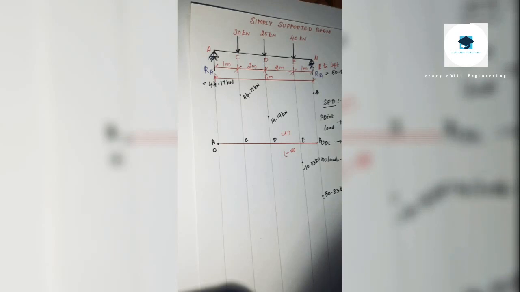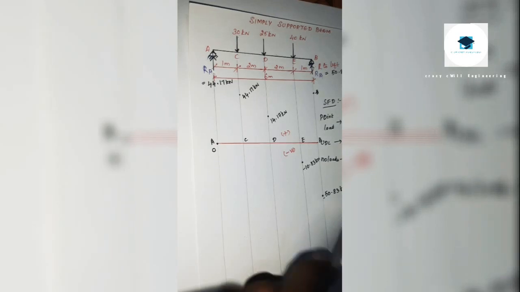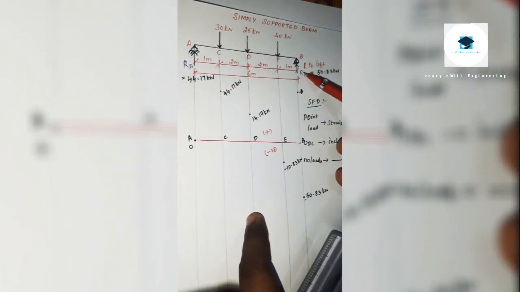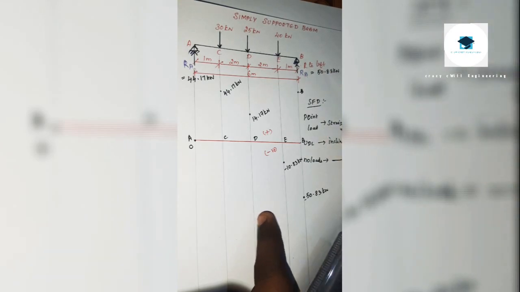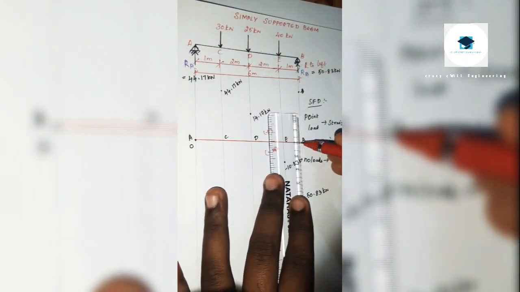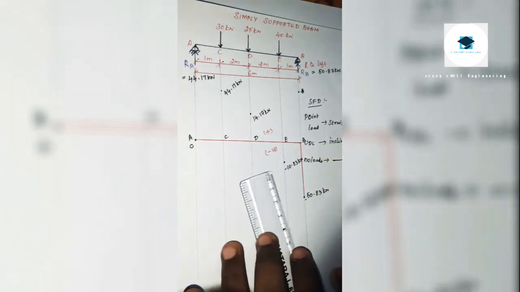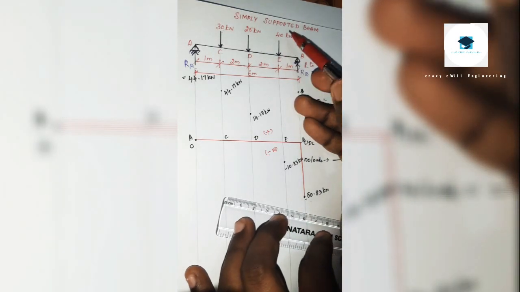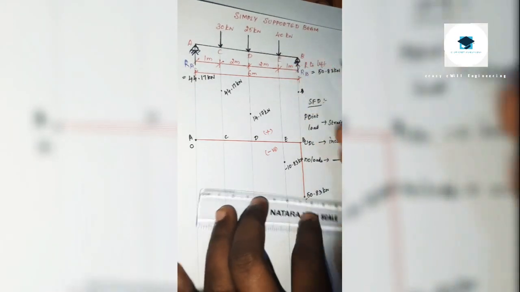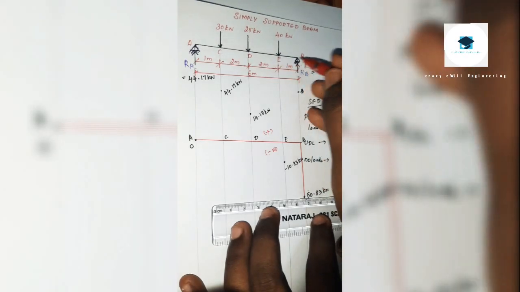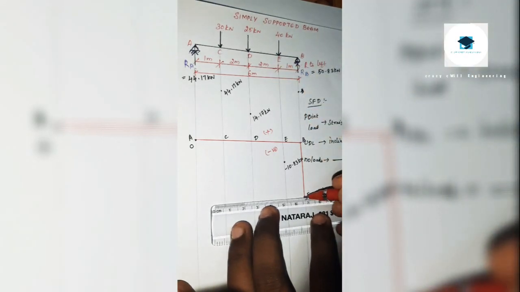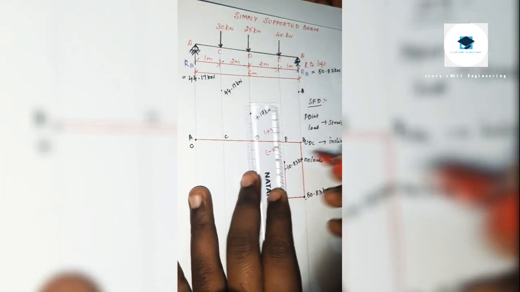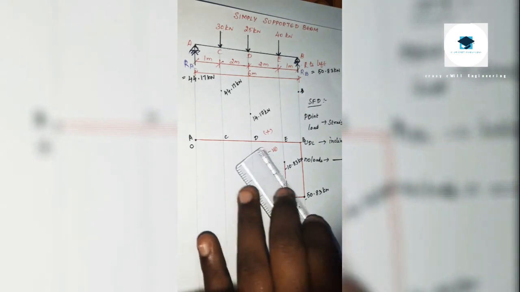Okay, now draw the lines. Here see, B point is a point load. Reaction is also a point load. So point load means a vertical line, 50.83 minus 15 and downward. Here another load is 40 kilonewton at E. So between E and B there is no load, so a horizontal straight line, and draw a vertical line for 40 kilonewton.